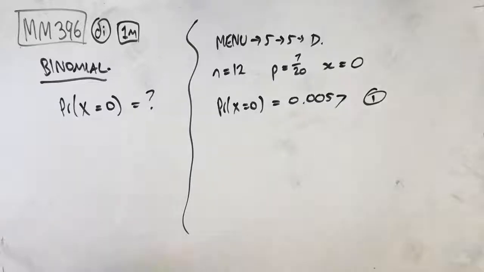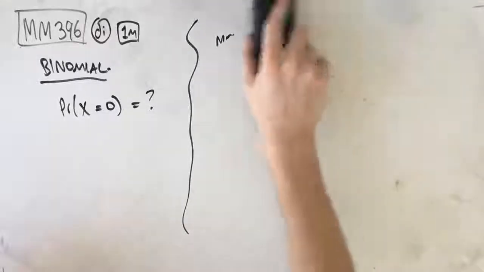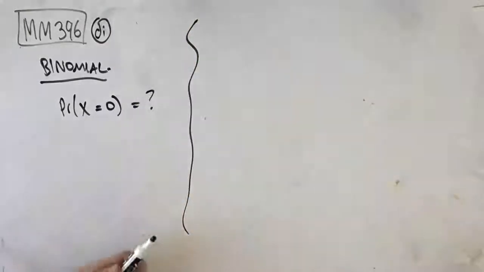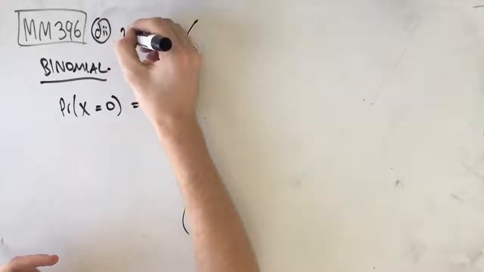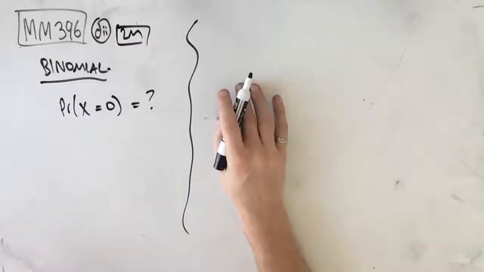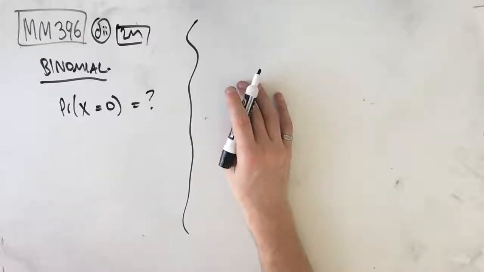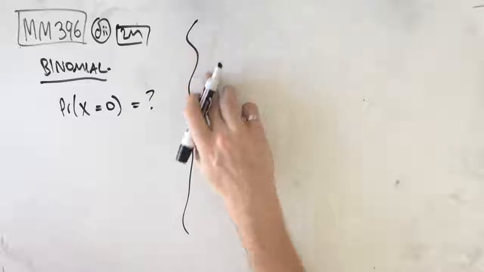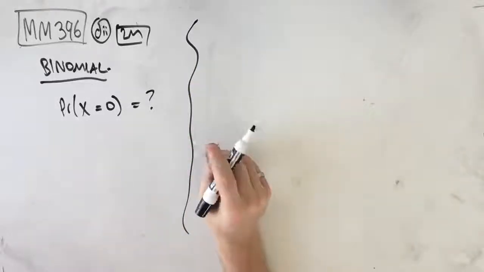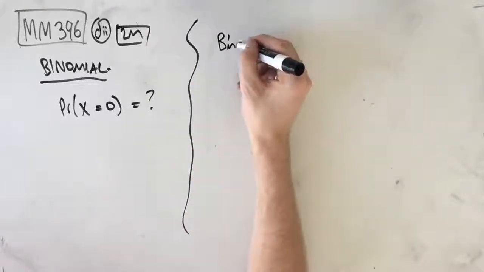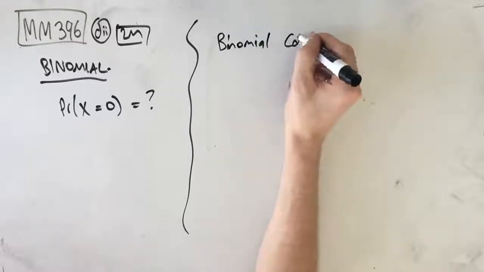So DII is very similar to this, but we're going to be using a range of values as opposed to just one value. So this is a 2-mark question, and it says, what's the probability that he completes more than 5 successful lifts? Right, awesome. So whenever we're dealing with a range of values with binomial, we need to use our Binomial Cdf calculator, which is menu 55E,